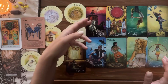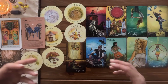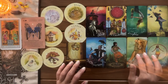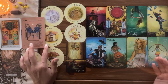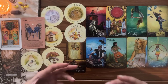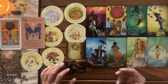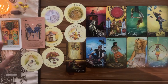With the steps and the movement forward that you're taking, this taking faith in yourself and taking this huge step in your life that obviously feels big to you, is going to be one of the strongest moves you've done this year. You will be obviously thankful for it this year and next year, because with the World card, this is a completion card. It's also like a wish coming into fruition, being completed. So maybe you've always wished to take that step. And as you take that step, it will help you do bigger things in your